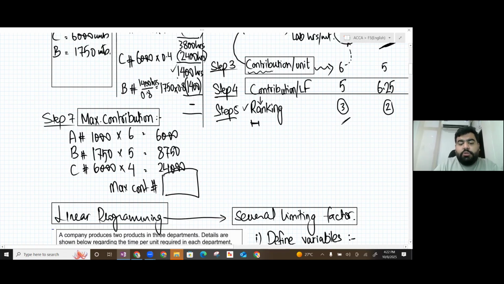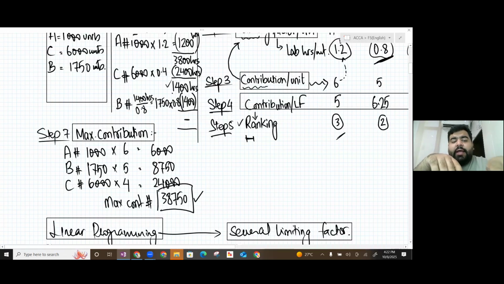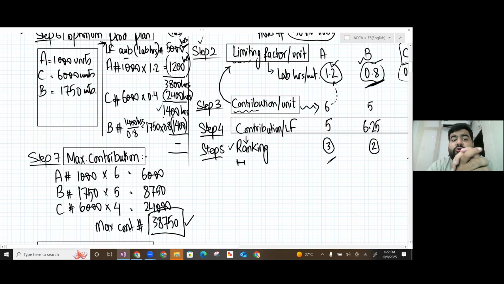38,750. 24,000 plus 8,750 plus 6,000 is 38,750. This is the best profit you can earn in this scenario. I am saying if you rearrange the unit products, first making B and making C afterwards, your profit will get lower. And in the case of A, because it was a policy, and if it was not a policy,